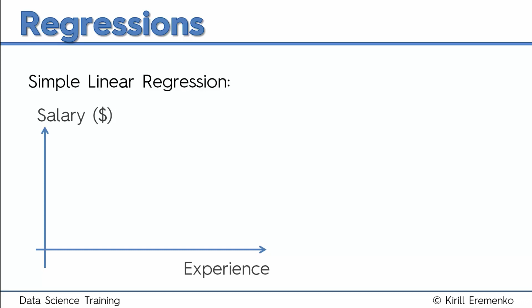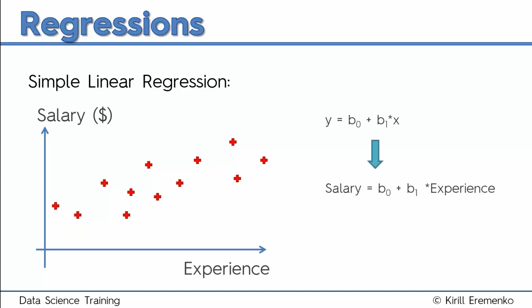Well, what we do in regression is we don't just come up with a theory, we look at the evidence, we look at the live hard facts. So here are some observations we've had. In a certain company, this is how salaries are distributed among people who have different levels of experience. And that's the formula for regression. In our case, it'll change to salary equals B0 plus B1 times experience. And what that essentially means is putting a line through your chart that best fits this data.